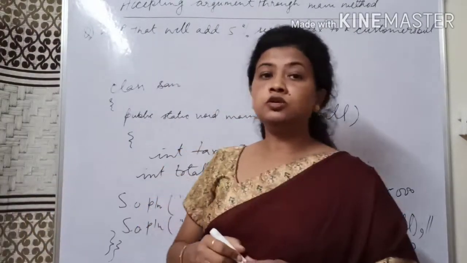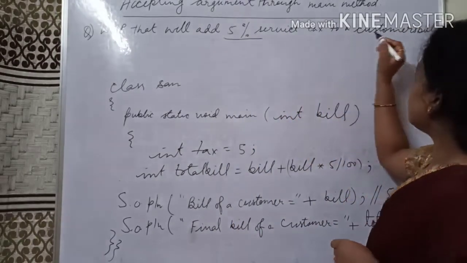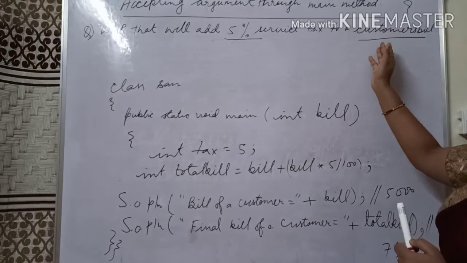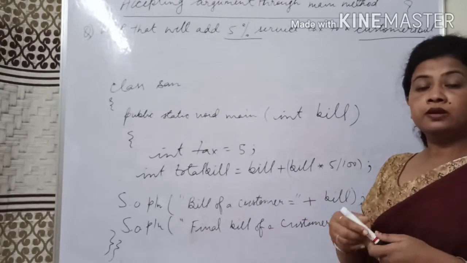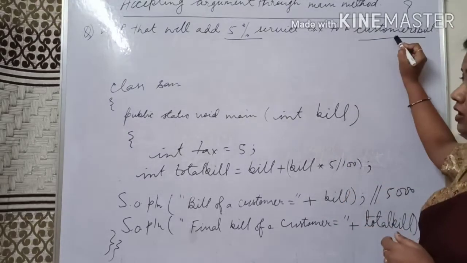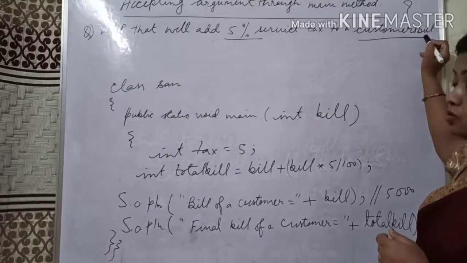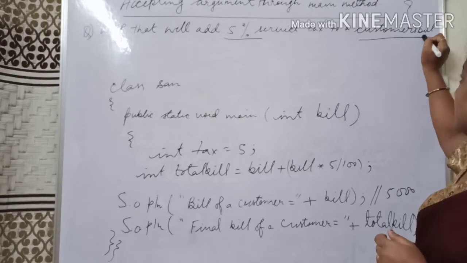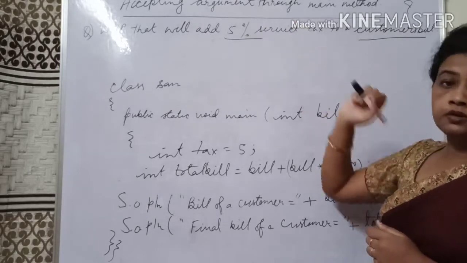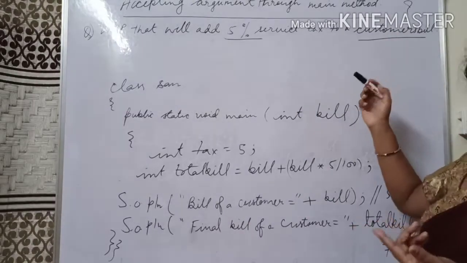Now what you will notice here is that in my question the 5% service tax is mentioned, but the customer's bill is missing. The customer's bill is not mentioned. It means that when a programmer, when you and I write a program, we have to enter this customer's bill. So now this bill has to be entered by the user, and who is the user? A user is a person who runs the program. So this bill has to be entered in the program. This type of question is called the argument method of question, because one value is assigned and another value is required to be entered by the user.